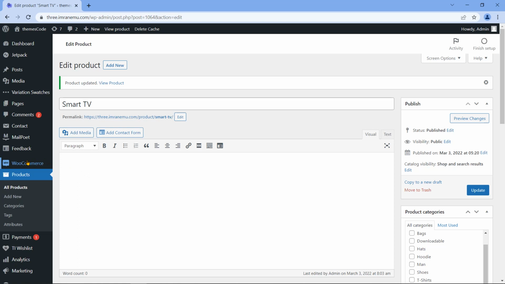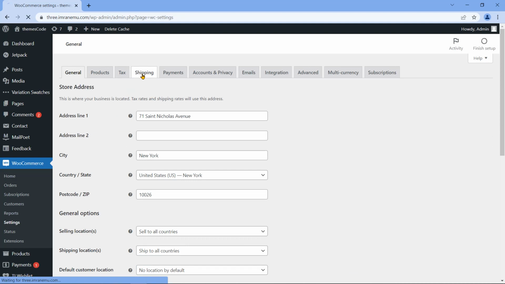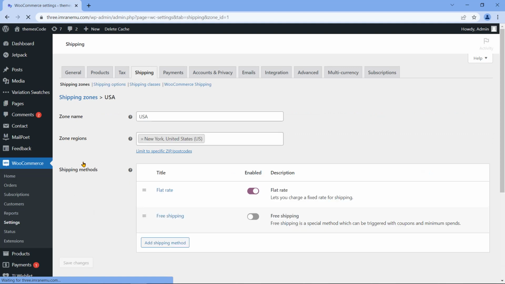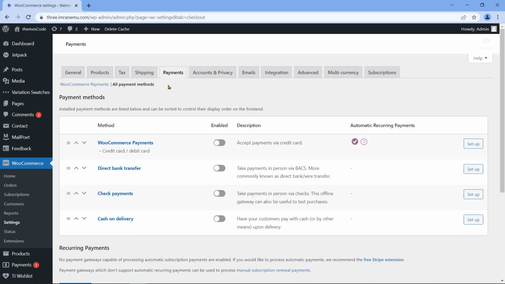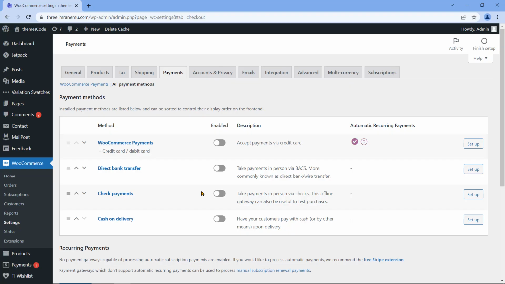Now, hover on the WooCommerce dedicated tab and select Settings. Hit the Shipping tab, hover over the zone name USA and click Edit. I disable the flat rate, then enable free shipping. And finally, hit the Save Changes button. Okay, now hit the Payments tab to enter the payment-related settings area. WooCommerce Payment Methods. As you can see, there are 4 payment methods: WooCommerce Payments, Direct Bank Transfer, Check Payments, and